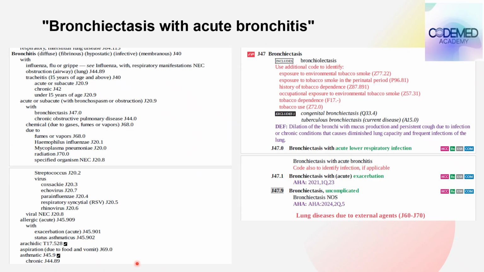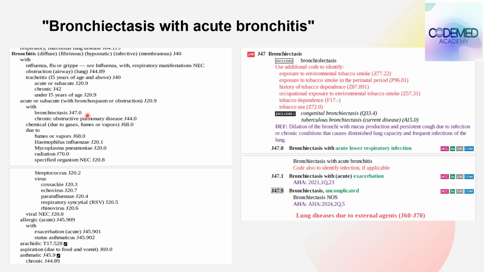So now let us come to another example: bronchiectasis with acute bronchitis. Now in this case, what is the main term? Main term is bronchitis, and because of this bronchitis, the patient is having a problem with his airways, and the airways are permanently widened and damaged, which leads to the buildup of mucus and recurrent infection. So now we come to bronchitis as the main term, and we come down with the acute or subacute with the bronchiectasis. So bronchiectasis, and what is this? It is acute bronchiectasis. So we need to check